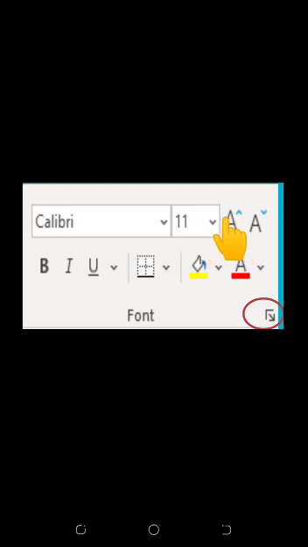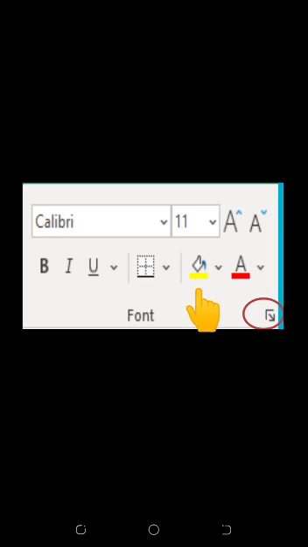Here one option is given. This one, this is the change case, means this increases the size. It increases the size of text by 1 point. Okay. And it decreases the size of text by 1 point. So if you want to increase the size, by using this also you can increase or decrease. This you already know. This is bold, italic and underline. If you want to show your text in bold form, then you will click on here. In italic form, you will click here, and if you want to underline the text, then you will choose this option.